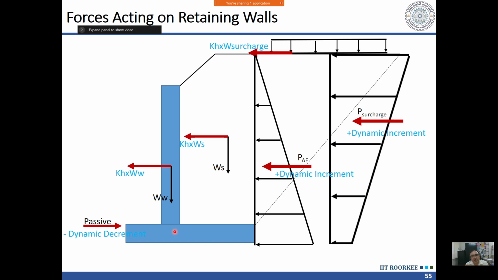Now the displacement which will occur to mobilize the active earth pressure is much less than the displacement required to mobilize the passive earth pressure. On the toe side, the soil may not be compacted that nicely, and it will require significant movement before the passive pressure can develop. That's why the codes do not allow consideration of the passive pressure, and even if the passive pressure is to be considered, that is limited to 1/3.